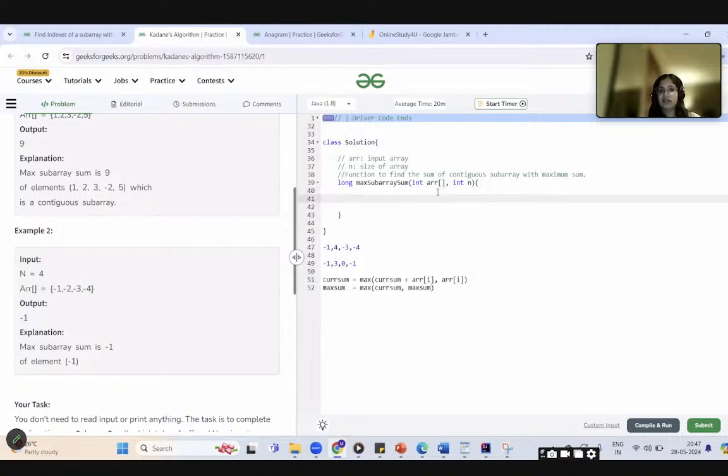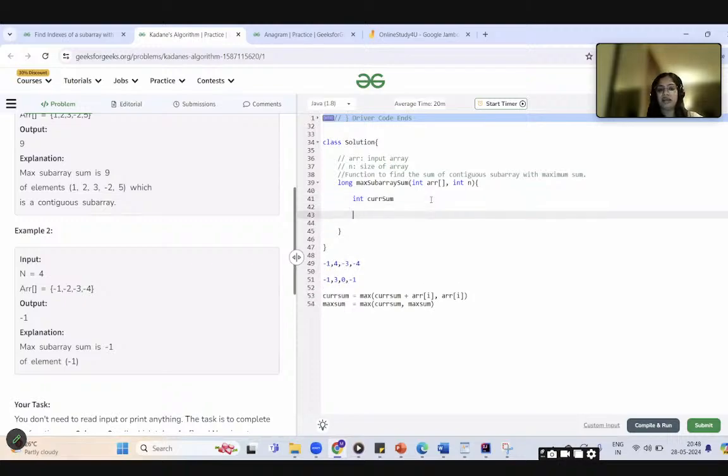Now let us proceed with writing this. What we did: first we took one current sum variable, right? See guys, I have taken camel case pattern here, which is a good practice to follow. If you write it as current_sum, then it is not a good practice according to Java standards. For example, if you have to write find sum, the interviewer will clearly see that you don't know the basics of Java, because whenever you are writing any identifier, it should be in camel case pattern.